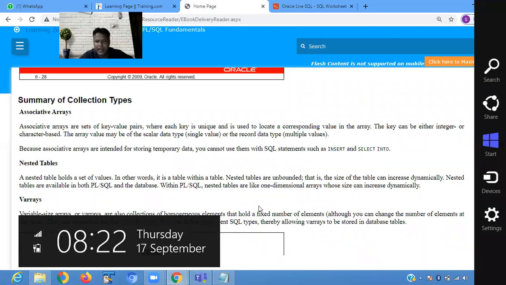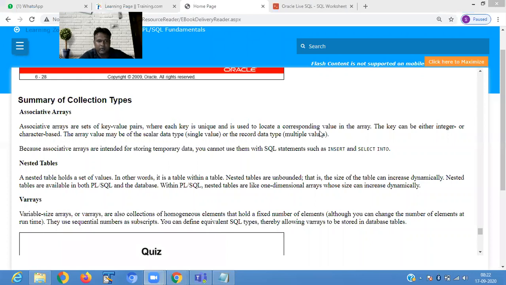The key can be either an integer or character based. The array value may be a scalar data type. Because associative arrays are intended for storing temporary data, you cannot use them in SQL statements.